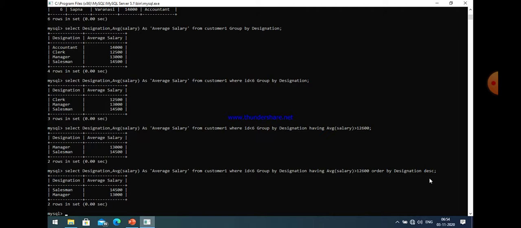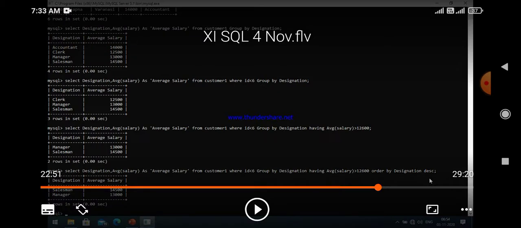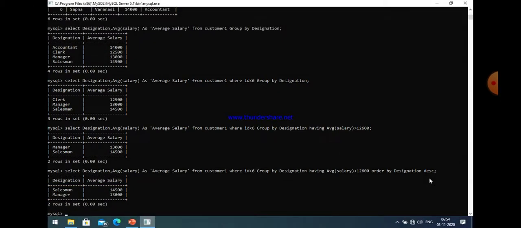It means first of all we use select statement, and with select statement we must use an aggregate function or the column on the basis of which we want to make a group. Just after that, from customer, and if there is a certain condition on that table, then we can use where clause, and then after we use group by clause.